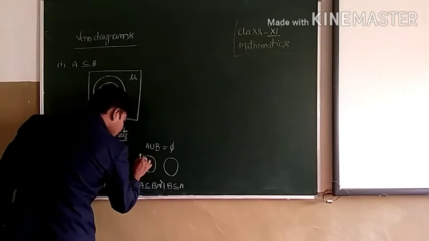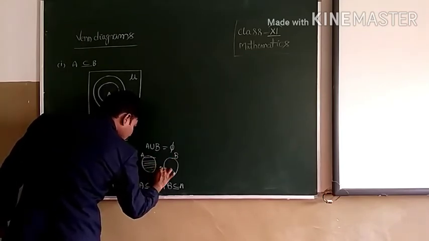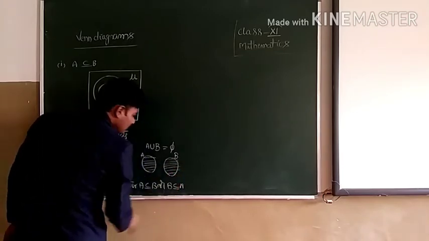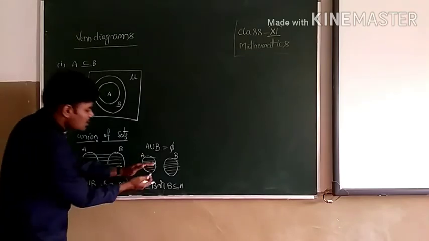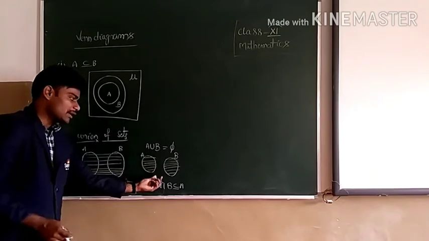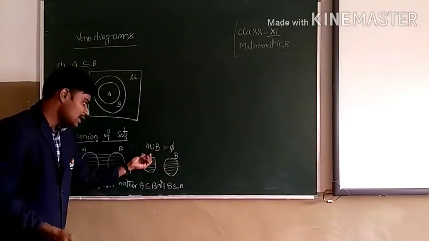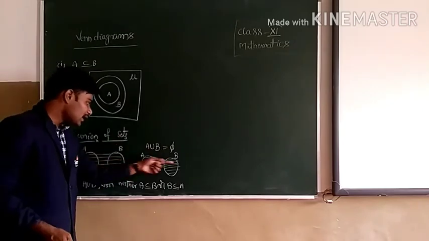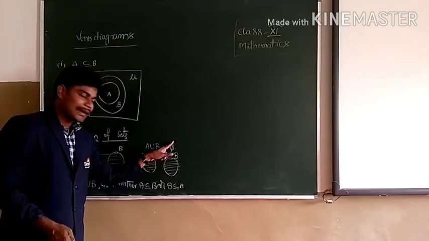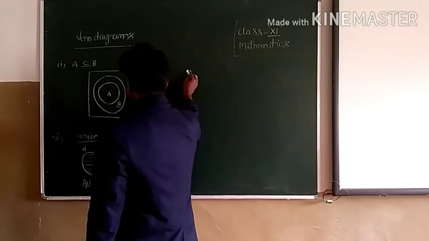So there is no common part here. This is A, this is B. Just individually we have to state A union B. So just the elements which are available in A and available in B. There is no common part or combination part here. Just we have to separate. So there are no elements. So that's why we can represent the union of sets A and B like this. When A intersection B is equal to pi, pi means there are no elements. Right? Next, intersection of sets.